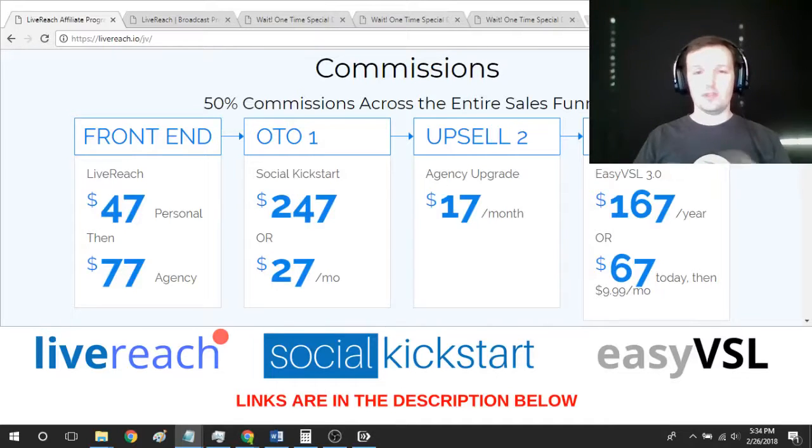EasyVSL sets everything up. When you have kinetic, amazing, beautiful videos, pardon me, that you can take and put into Social Kickstart and make that video go live on Facebook, create that video and turn it into content that you're automatically publishing and posting and updating in Facebook, or you take that video and you use LiveReach and you push it to live YouTube.